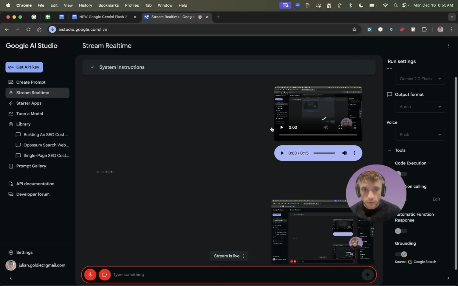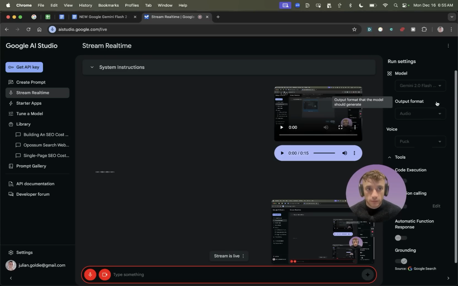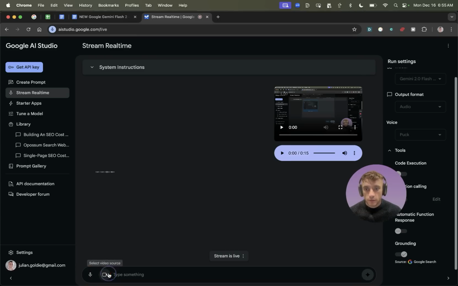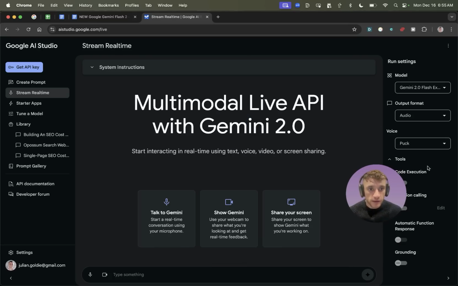Sure, the user is sharing their screen, which shows the Google AI Studio. You can see a side menu with several options, including Get API Key, Create Prompt, and Stream Real Time. A main portion of the screen is set to the Stream Real Time page. You can also see system instructions collapsed at the top. The right side of the screen shows Run Settings with the model set to Gemini 2.0. It also includes output settings, voice, tools, and grounding. At the bottom of the screen,